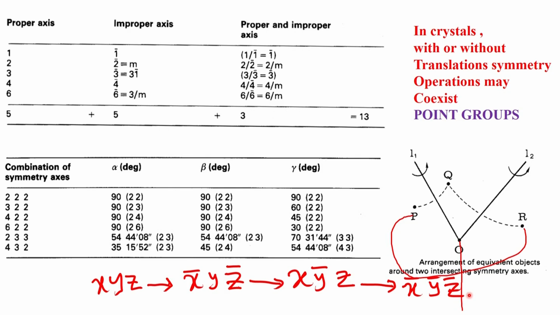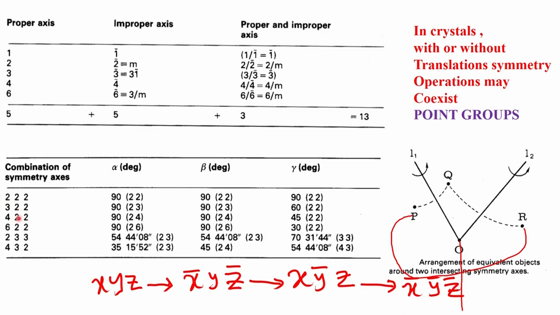At this particular moment, what we have is 2, 2, 2, where we have a two-fold axis, a two-fold axis and a two-fold axis. In the case of 3-dimensional space, if three two-fold axes are present simultaneously intersecting at a point, the requirement is that these three define 3 directions which are at 90 degrees with respect to each other. That means there is some restriction on the nature of the lattice which you are going to generate based on this. There is an angle of 90 degrees between 2 and 2, 90 degrees between 2 and 2, 90 degrees between